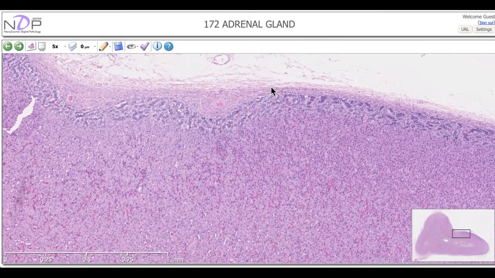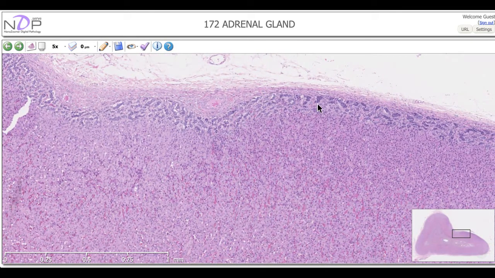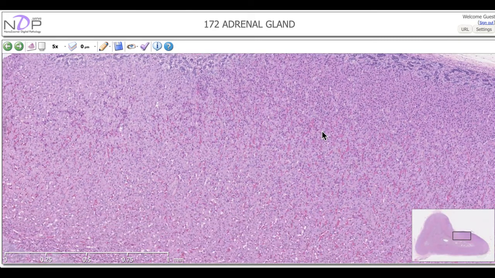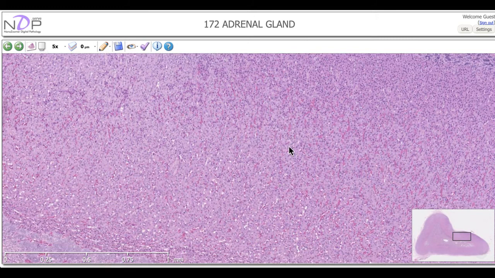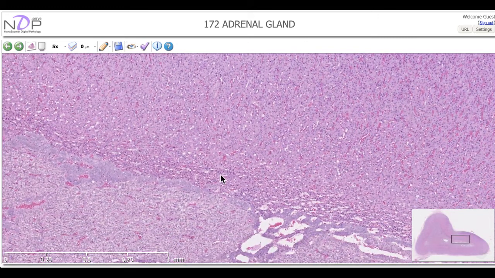This is the area of the capsule, and this is the area we call the zona glomerulosa. Usually we have a globular appearance or arcades, and at this area here we have the cord and sinus structure, the zona fasciculata, whereas the area here, with irregular anastomosing cell cords,